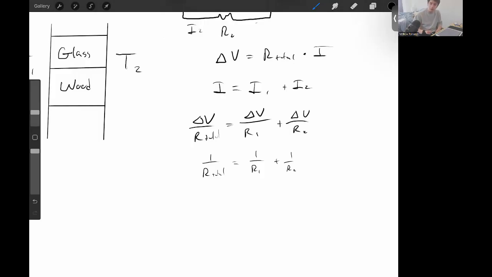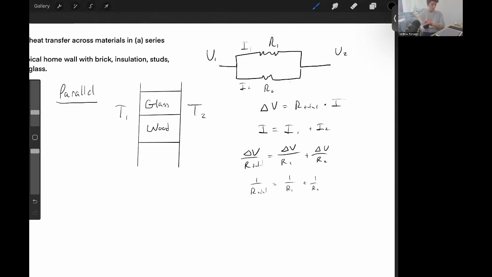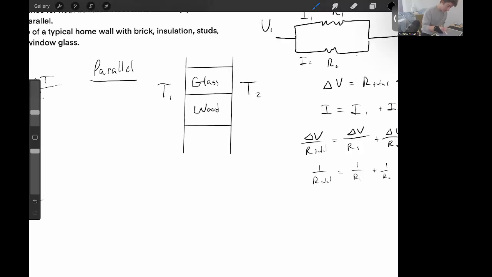Okay, well, that looks pretty simple. This looks like we could actually relate something from our thermal system from the voltage equation that we've just made to figure out how to solve for the total resistance of a system. So let's go ahead and set up an equation that looks like this. So remember, for resistance, we say for something like glass, this is going to be involving the thermal conductivity and the area. So we have something that looks like